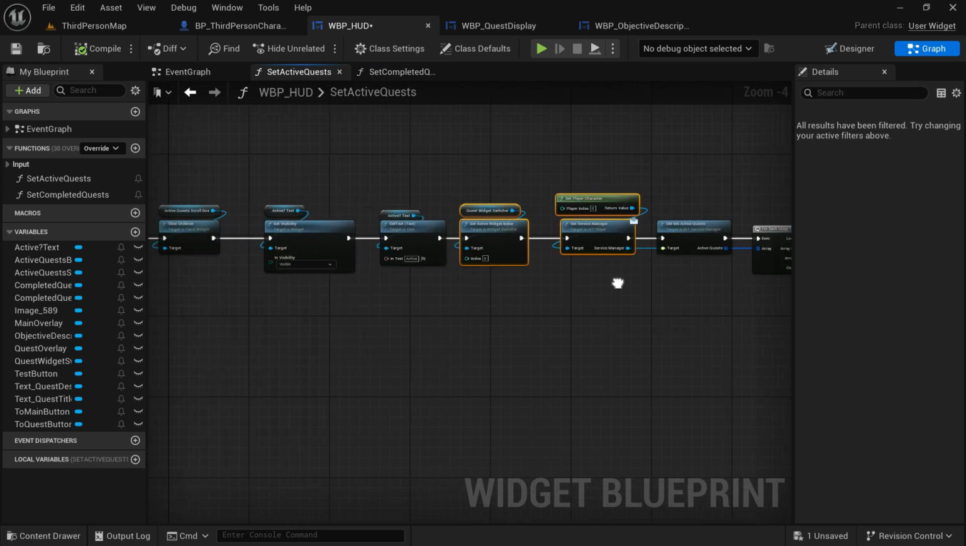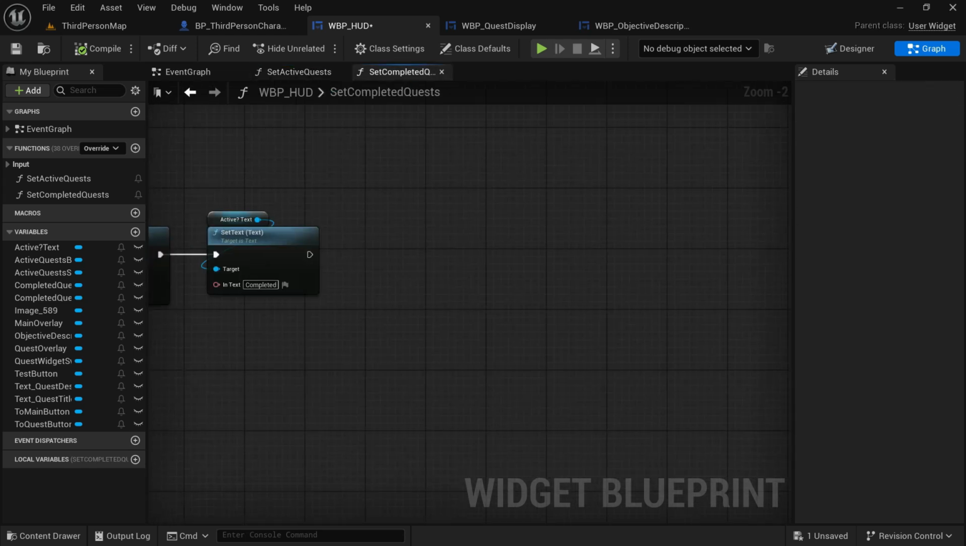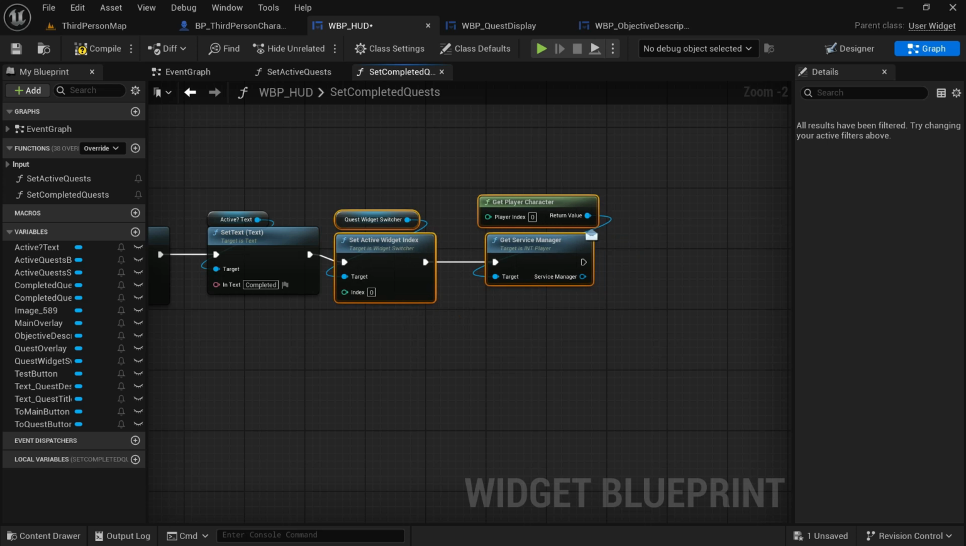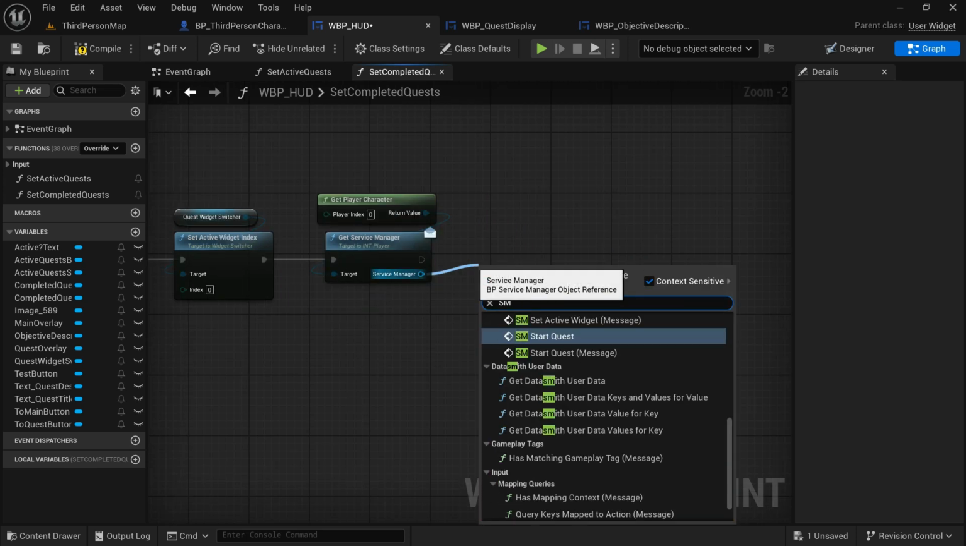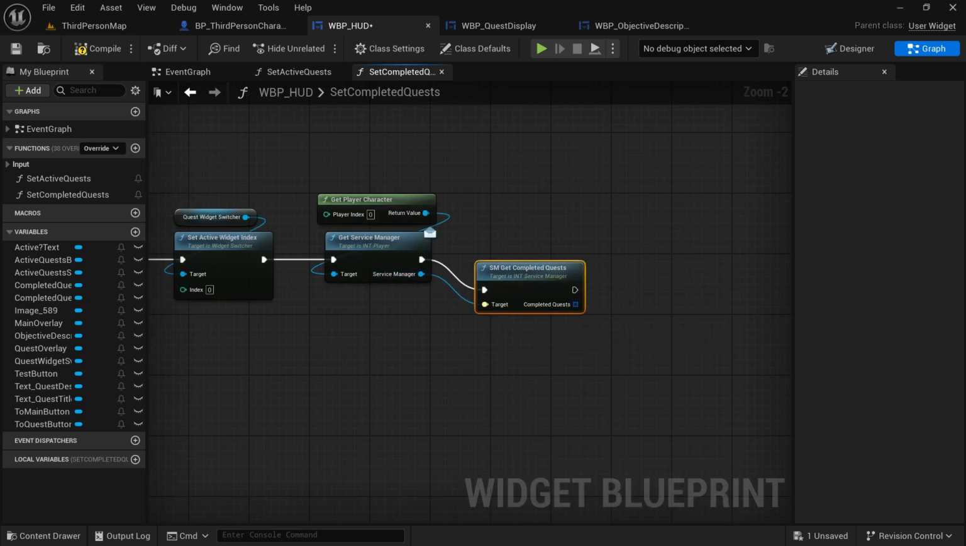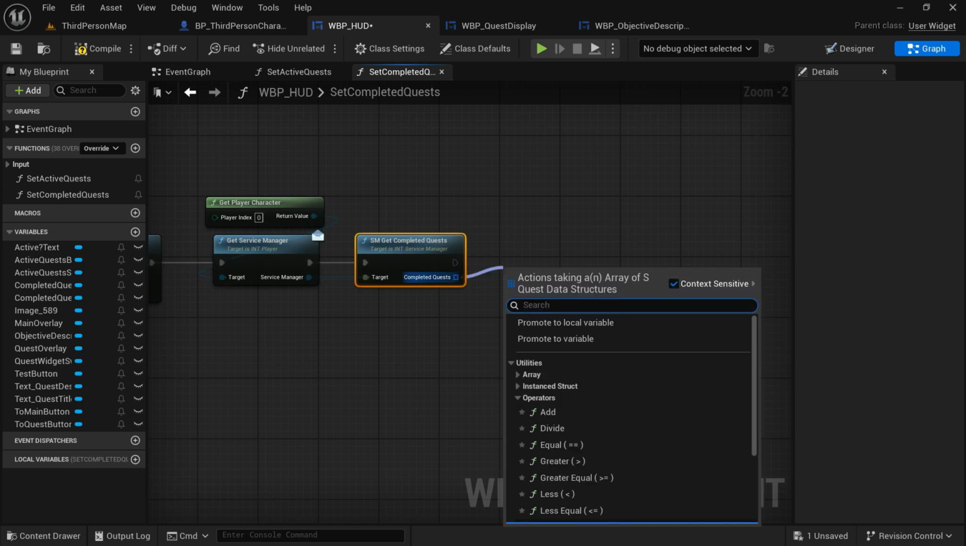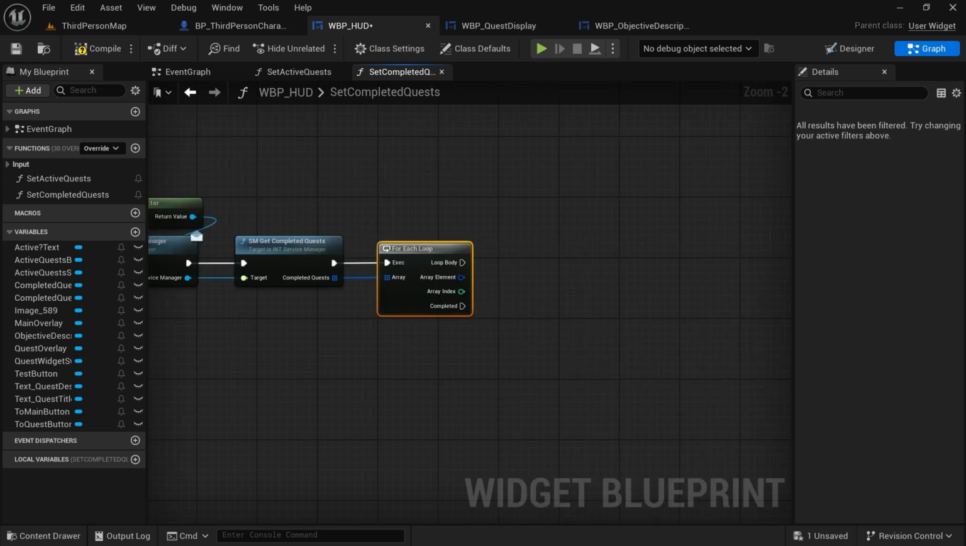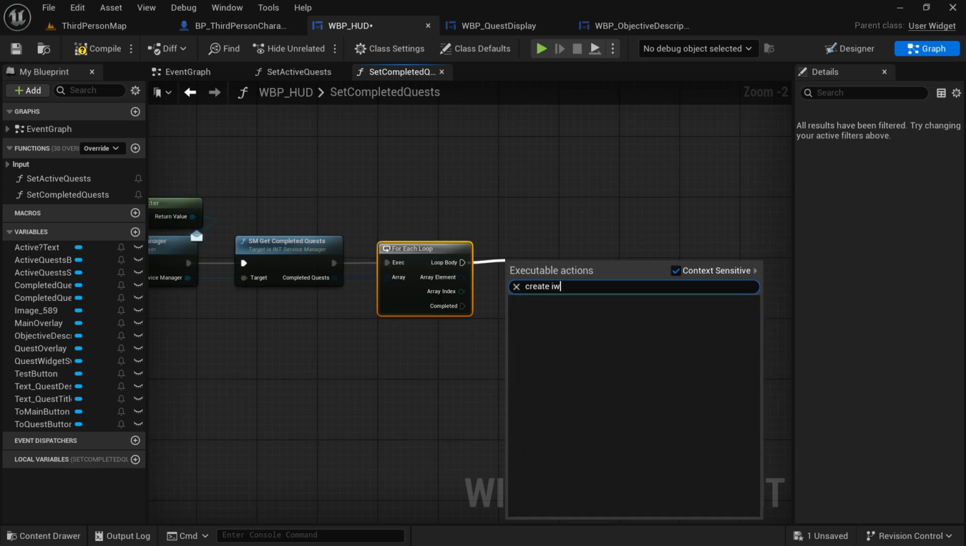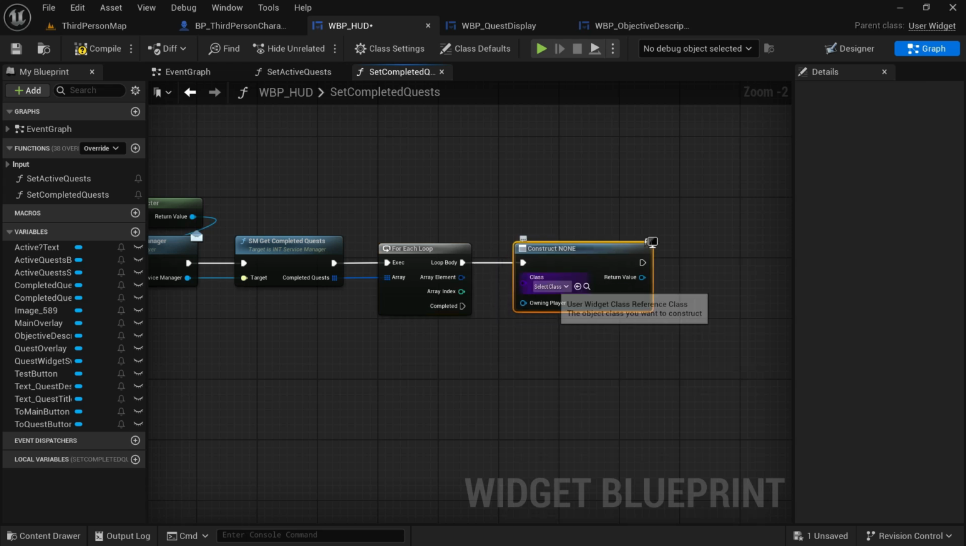Right, now we're just going to do the same thing in the set completed quest function. So we're just going to copy and paste over the set active widget index and the get service manager. Make sure to change that index to 1. I didn't do it there, I'll do it later, but make sure to set the active widget index to 1 on that. Then we're going to say get completed quests off the quest manager, do a for each loop,